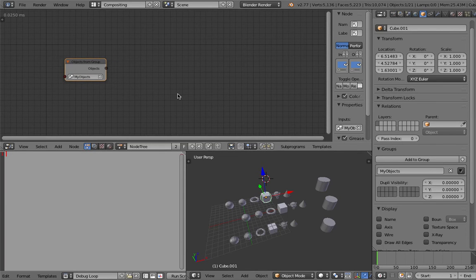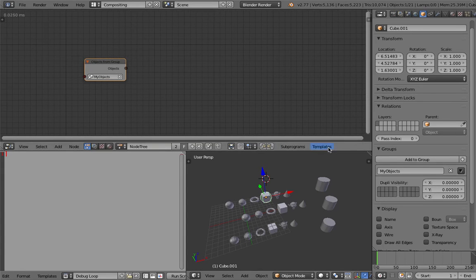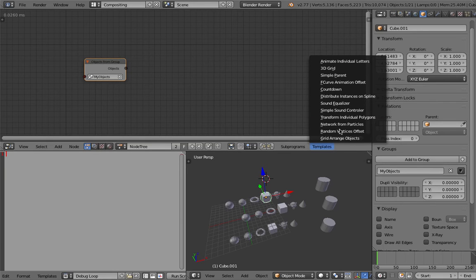Let's say we want to arrange them in a grid fashion. Animation nodes actually have these useful templates that you can look into, and you can use them time to time. Let's say we want to arrange the grid objects in a grid. We can use this guy, grid arrange objects,